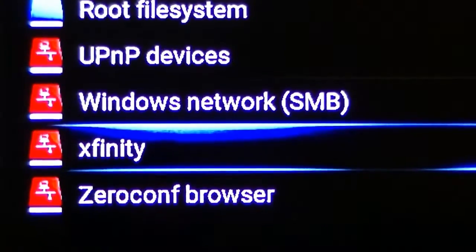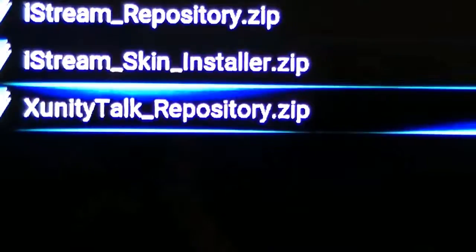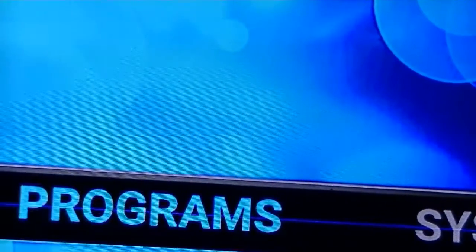Once you get that, you're going to go install from zip file again. After that, you're going to go back to Xfinity. Once you go to Xfinity, you're going to go to XUnity Talk repository. Kind of doing them all at once. So once you install that, you should be good with that. I'm going to talk about the XUnity Talk repository again in a second, but we're going to install the actual